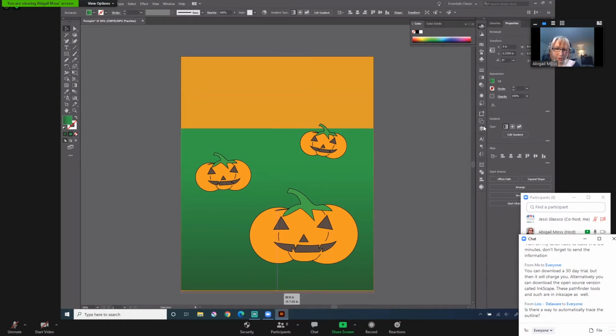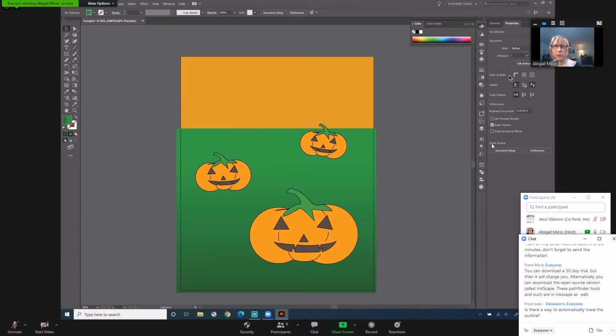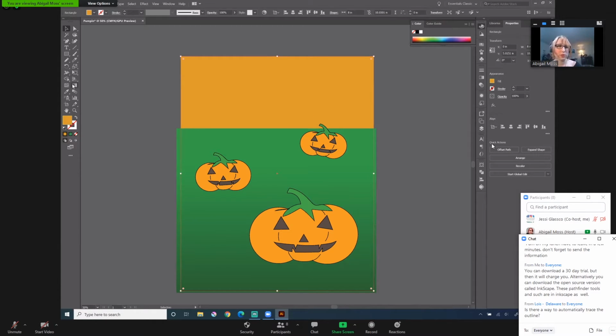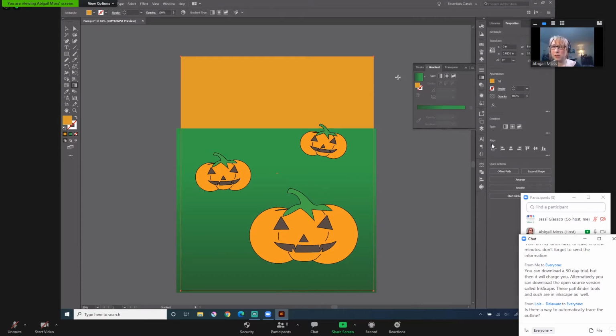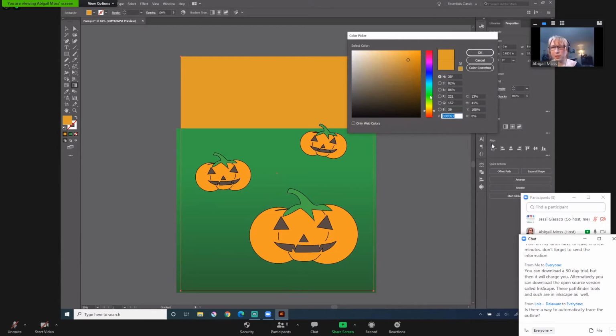Just have different colors. You can absolutely go off what this is called, the artboard. If you want to make sure it goes all the way to the edges, you can totally go past the artboard. And then what I'm going to do is I also want to put a gradient on there. And we're going to use basically the same technique. I'm going to add an